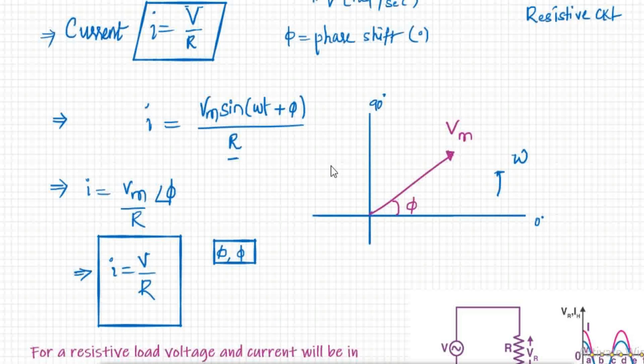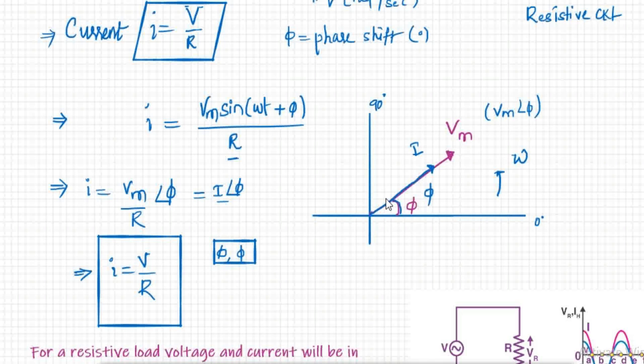Okay, let us try to draw these phasors here. So this can be written as capital I at the angle of phi. Now I have drawn Vm at an angle of phi here, so I am going to draw Im at an angle of phi, because they have no phase difference. So the current vector will also be on the voltage vector for resistive circuits. So this is our current I having the same phase shift, that is phi. That is for resistive load.